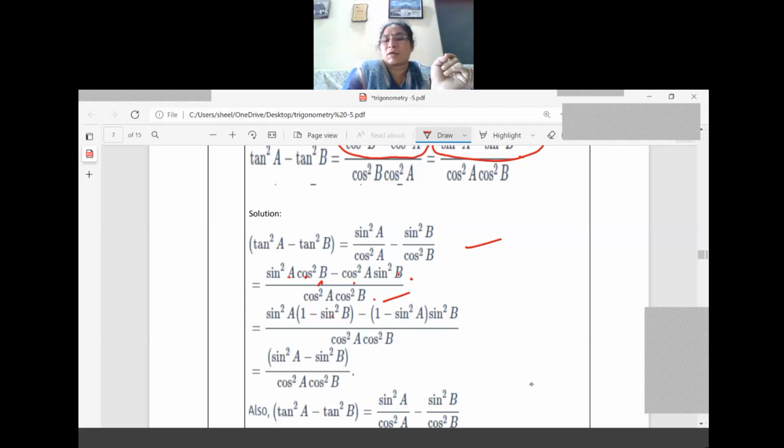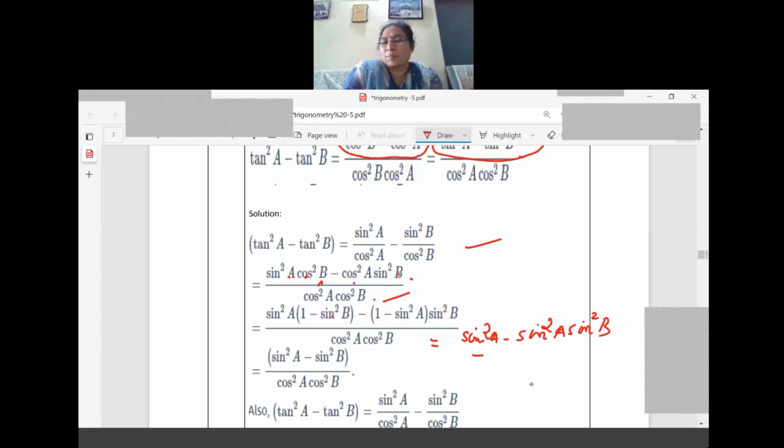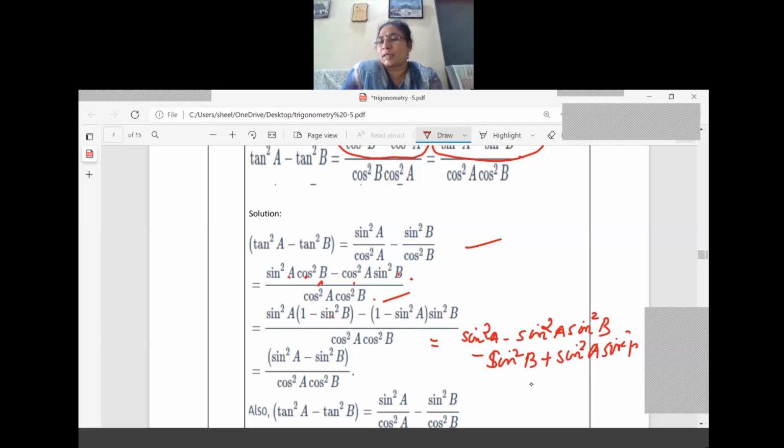Let us see that one. What is the doubt here? You may get the doubt. Just expand and see this one. Sin square A, sin square B. Now after applying the minus sign, minus 1 means sin square B I should write, because sin square B is the multiplication there. So minus into minus is plus, right? So you are getting like this. So these two will get cancelled. So what is remaining there? Sin square A minus sin square B divided by cos square A into cos square B only.